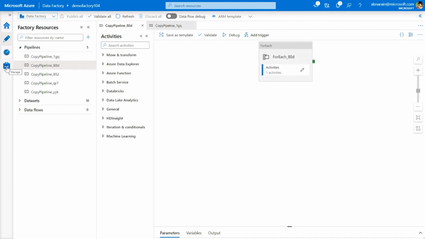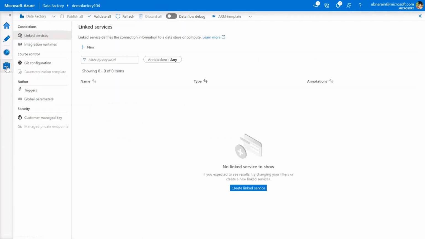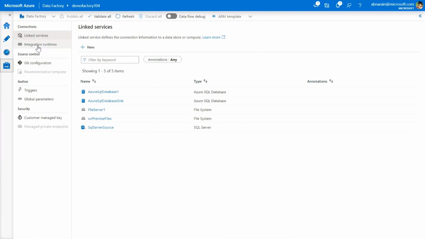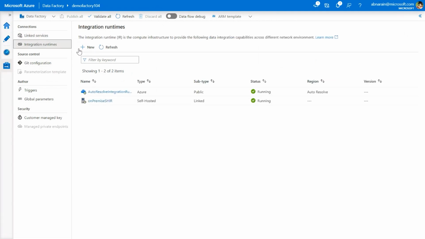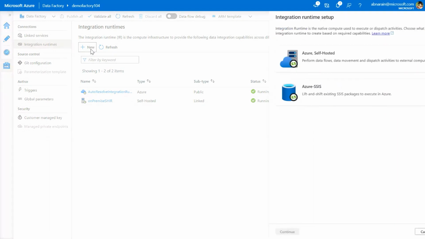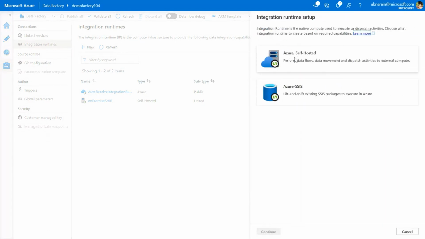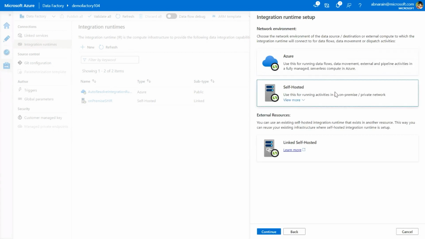You can quickly go into this Manage tab over here, click on Integration Runtimes under Connections, and then click New. You can create an integration runtime on Azure, or you can create a self-hosted integration runtime. I'm going to select a self-hosted integration runtime over here.